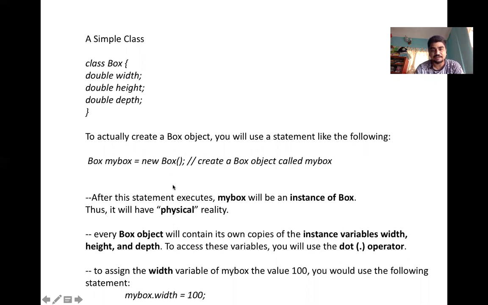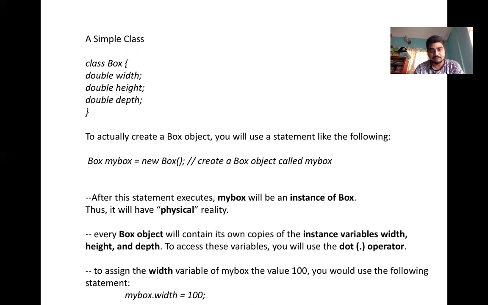This statement will create a Box object called myBox. So myBox is an instance of the Box class, and once you write this statement, it will create an instance called myBox which has physical reality.